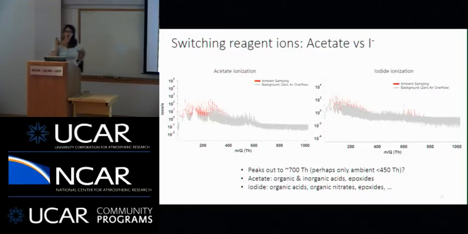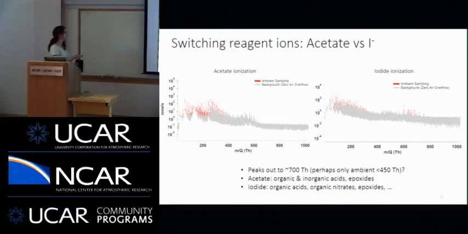So if you are looking at someone's data who has a time-of-flight mass spectrometer, the first question you should be asking is, what is your background? And have you background subtracted before you try to interpret your data? It is amazing to me the number of people who forget in the field to look at the background. My graduate student and I were guilty of this for a few days, being completely fascinated by all these peaks that appeared at about 600 Thomson units until we realized that they were all background. So the gray is the background, so watch the background.